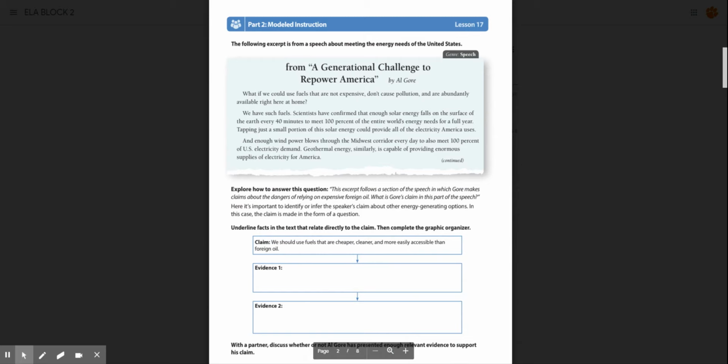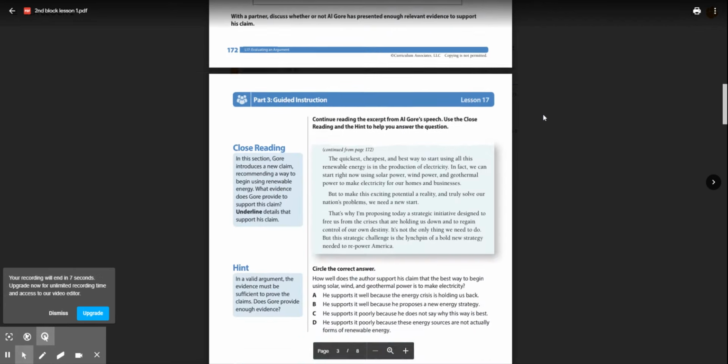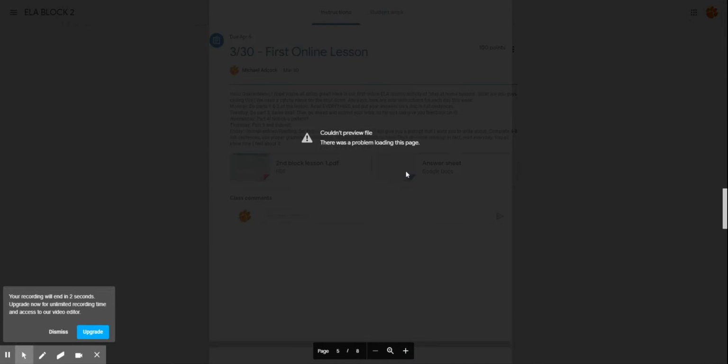What it wants you to do down here, it wants you to read this paragraph here. It gives you the claim right here, and then you need to find two pieces of evidence that support that claim. Okay. And then from there, the rest of this you'll recognize. It's just like lessons we've done in the past. You'll read, you'll answer the question, and then you'll read, and